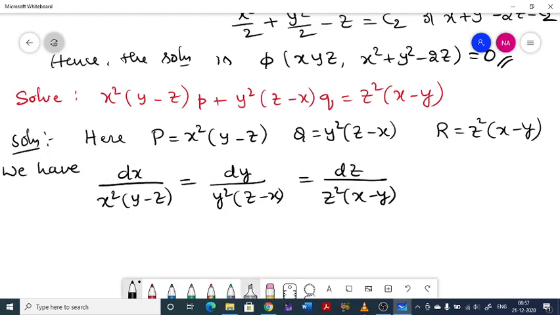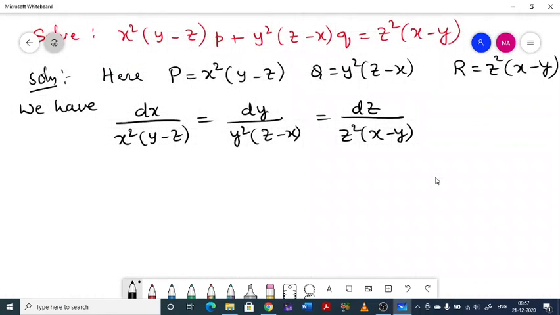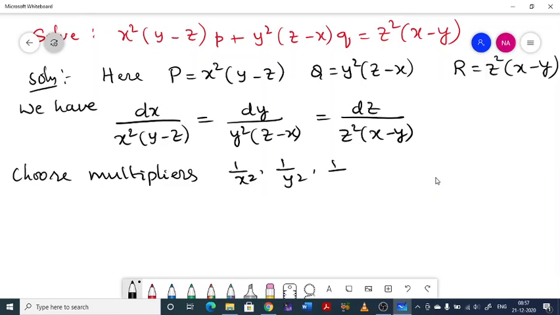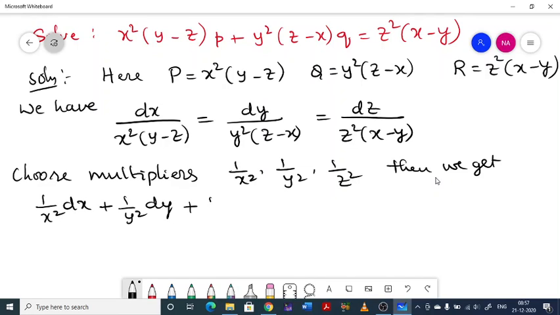If I remove this x square, y square, z square, you get y minus z plus z minus x plus x minus y, which is 0. So the first set of multipliers is, choose multipliers 1 by x square, 1 by y square, 1 by z square. Then we get 1 by x square into dx plus 1 by y square into dy plus 1 by z square into dz divided by